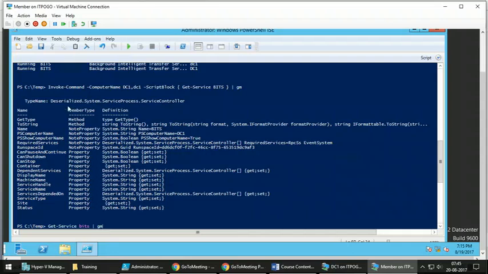First, analyze this. When you are running this command against a remote computer, the output that you get here is Deserialized.System.ServiceProcess.ServiceController. This deserialized means there are a few things from this output object which are removed. Now if you observe, the methods like restarting the service, starting the service, refreshing the service, those methods are removed